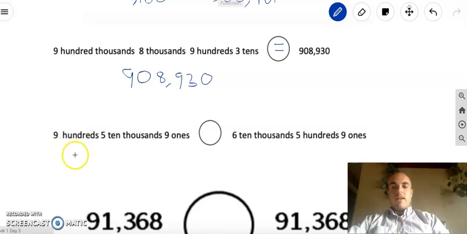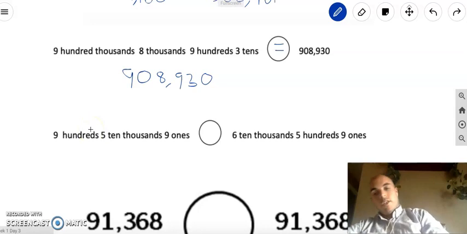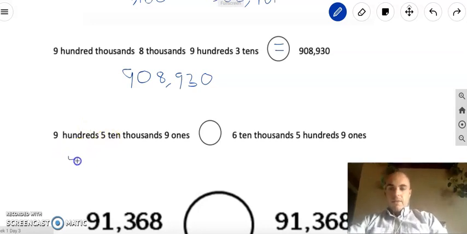Same strategy here. I'm going to rewrite each of these in standard form. This is a tricky one because it's actually mixed up. I start with hundreds, but then I go right to 10,000s. So I have to place these in a very specific way and not get mixed up by the place order. It doesn't necessarily have to be in order, although it's much easier to read, and when you're writing it, you should always put it in order, but in this case, they mixed it up to give us some challenge. So I have 5 10,000s, so 50,000,